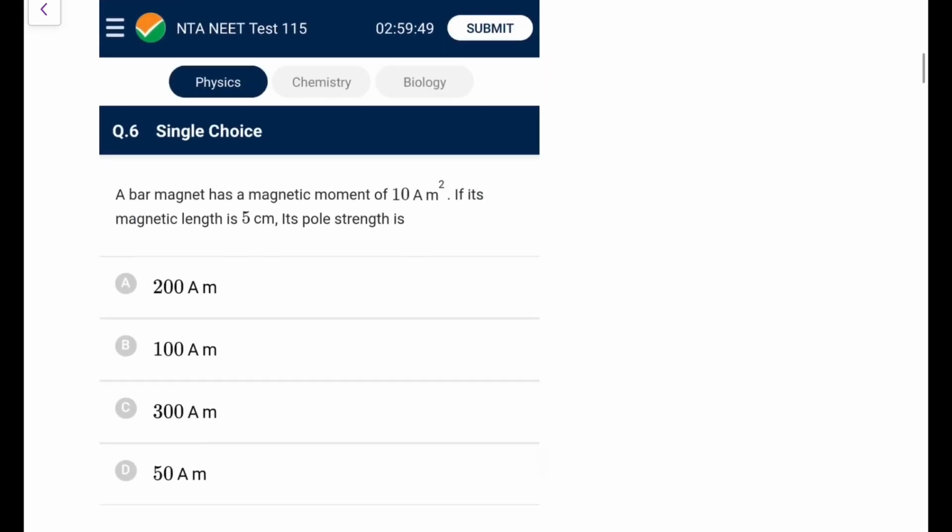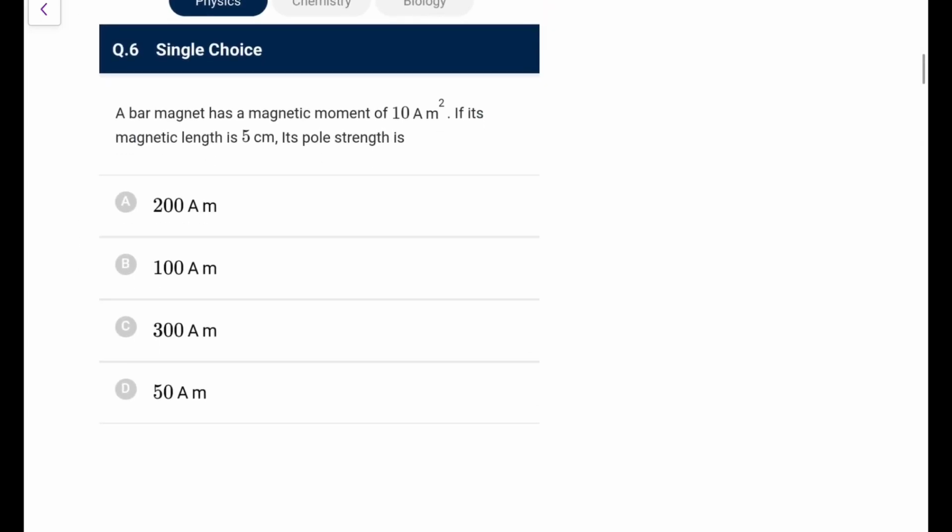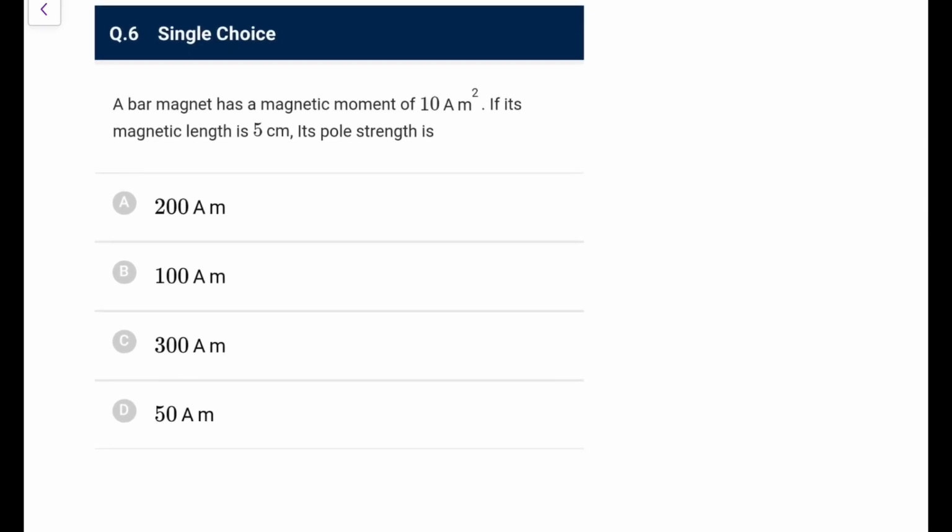Next one. A bar magnet has a magnetic moment of 10 ampere meter square. If its magnetic length is 5, its pole strength will be. Typically, pole strength is not asked, but they have asked. So what we can write it as,